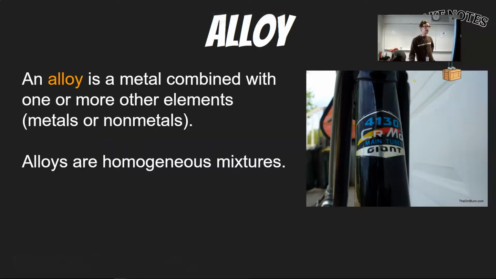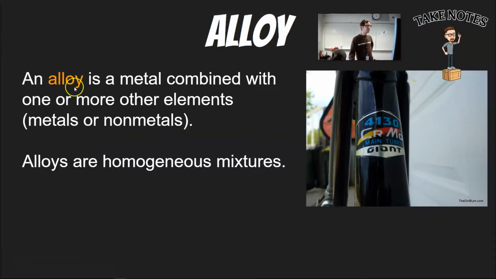Okay, well, so here's your answer. Steel is an alloy, and an alloy is a metal combined with one or more other elements, metals or nonmetals. And alloys are homogeneous mixtures. So the steel that we heard was iron and chromium, and sometimes steel gets other metals mixed in depending on